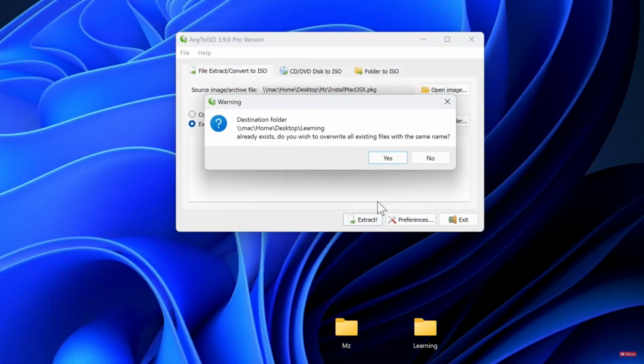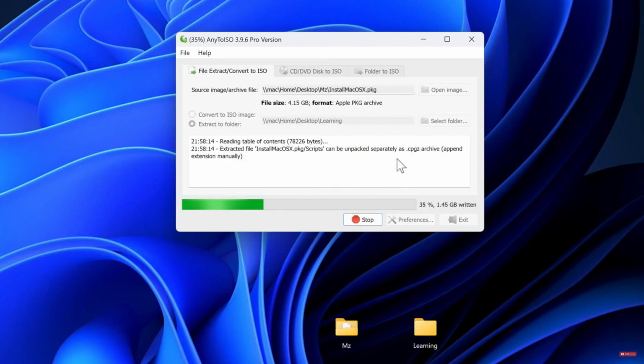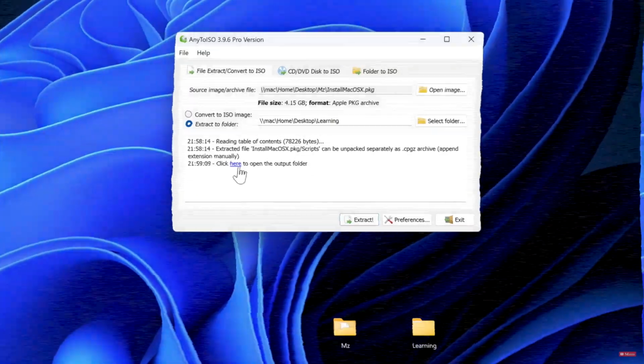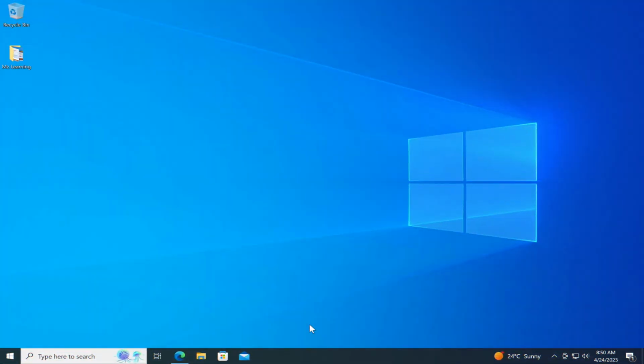Friends, a few weeks ago I showed you how to create a 100% working Mac bootable USB drive on Windows using Any to ISO software. But some people told me in the comments section that they don't want to use Any to ISO because it's a paid software. So friends, if this is a problem for you, then please don't worry, we have a solution. And you can create a 100% working Mac bootable USB drive on Windows for free if you follow these 3